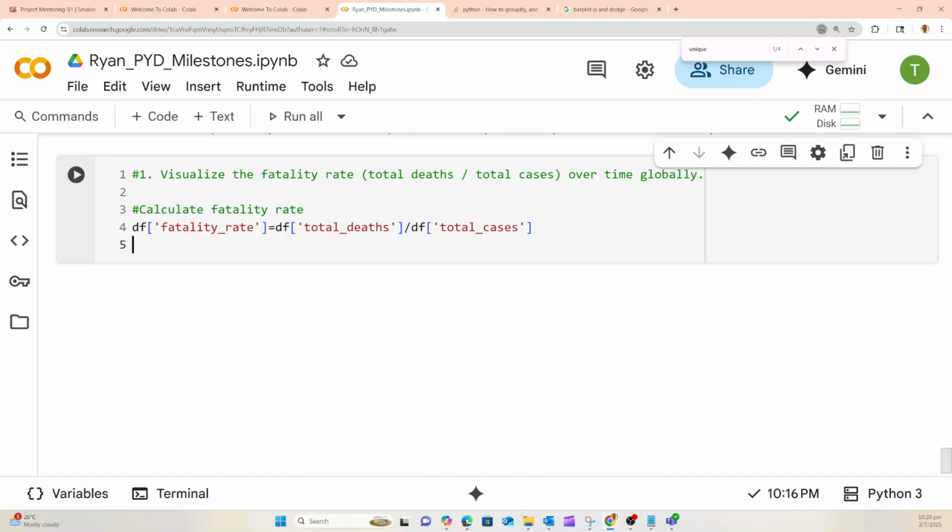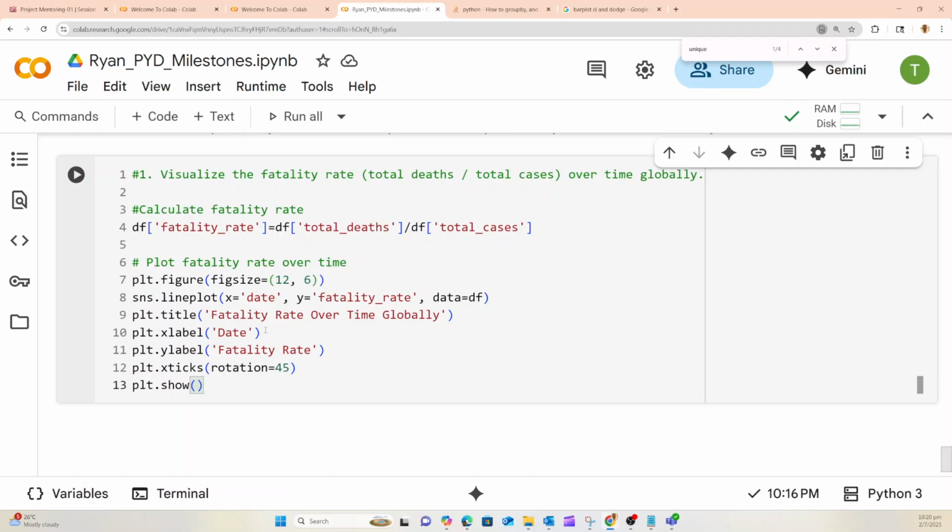Then we're going to plot this. The way we plot is similar to the previous one. So run. This will show you the fatality rate over time globally.